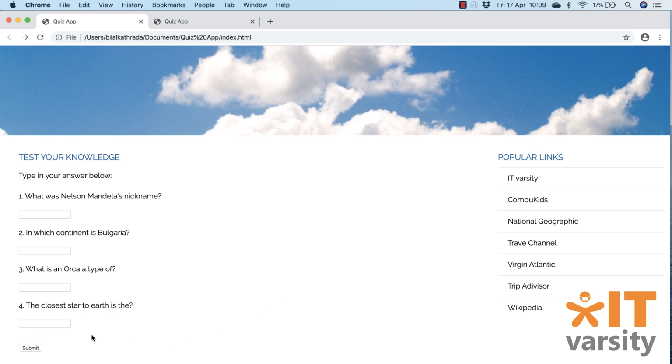For example, the event might be triggered by a user. So for example, the user clicks on a button, in this case our submit button. So when the user clicks on the submit button, it fires off what is known as an event. So it says to the rest of the page that I've been clicked. Now we can use JavaScript to capture that event and decide that when that particular event takes place, what happens